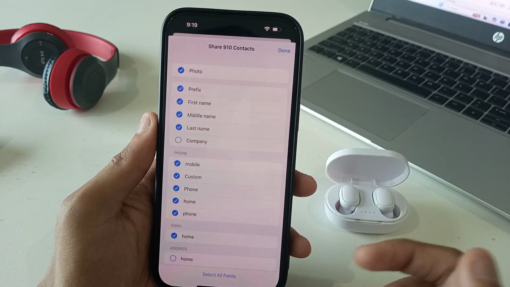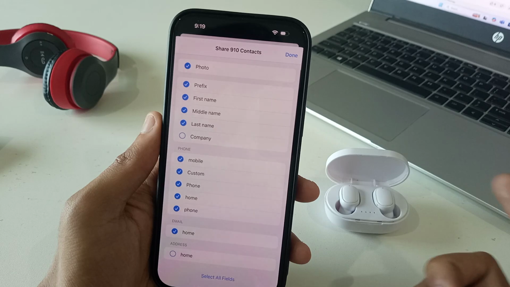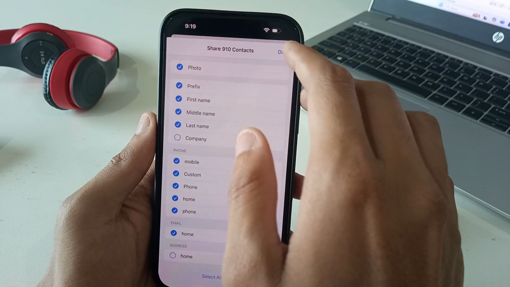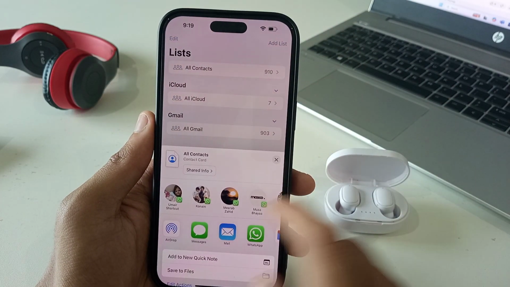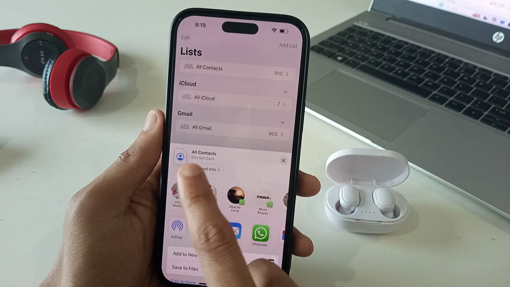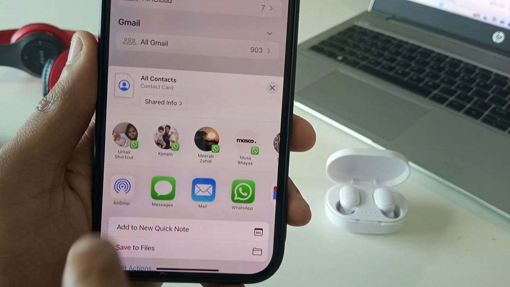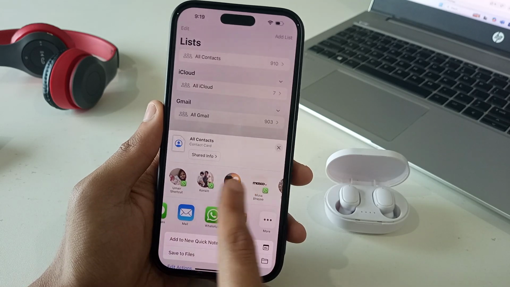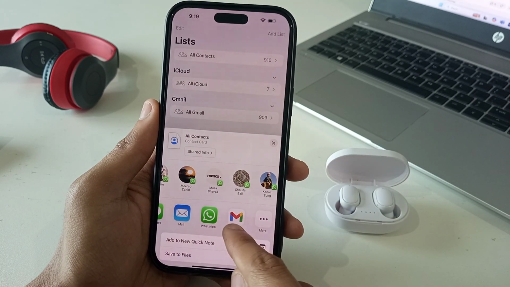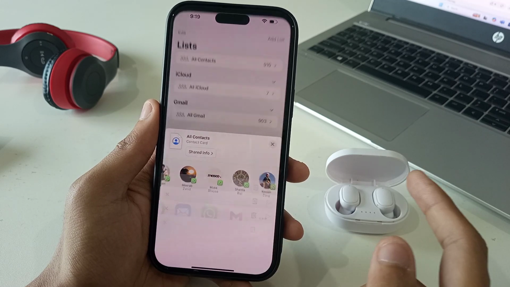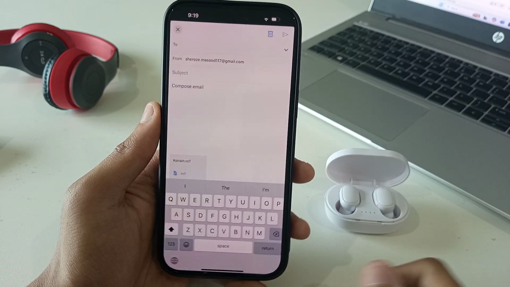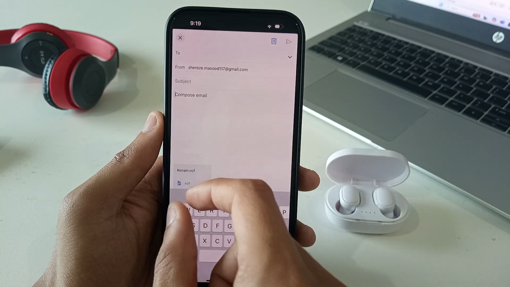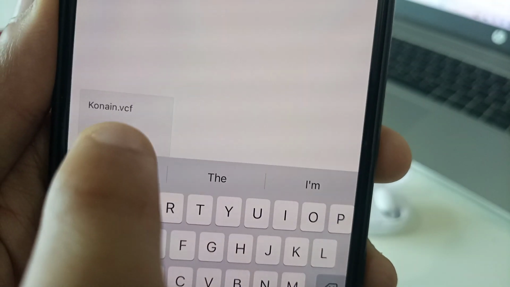You can select the prefixes or the columns you want. Just tap done, and now it shows you that it will send the file through. You can send it over WhatsApp, or you can send it to Gmail. If you send it with Gmail, it will automatically send in a format of